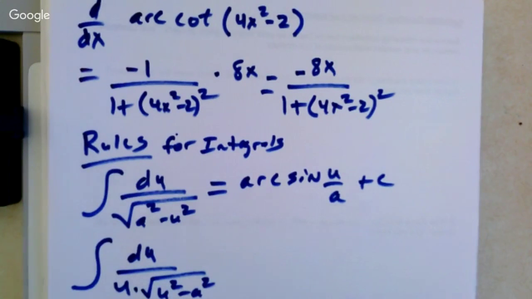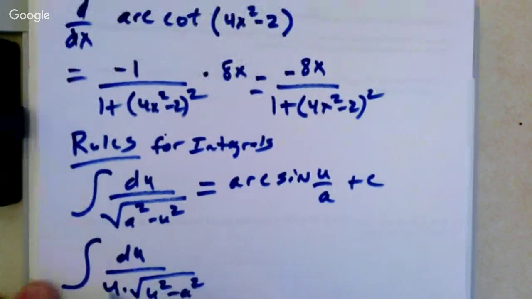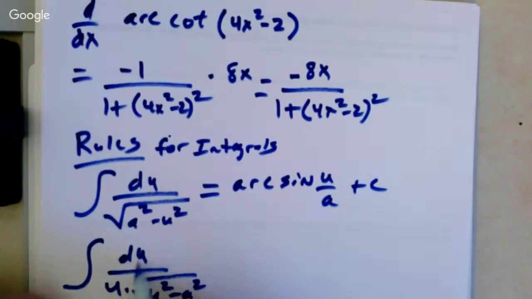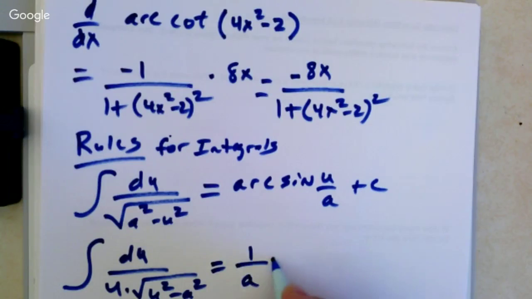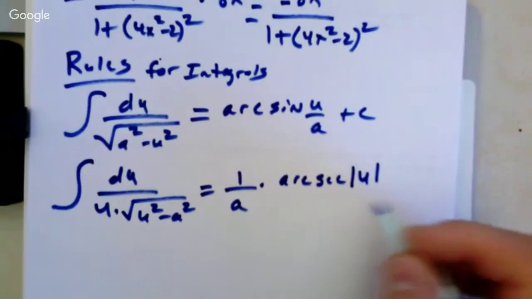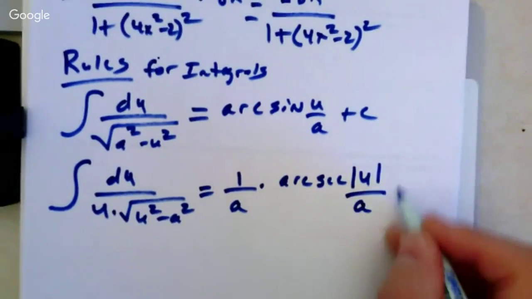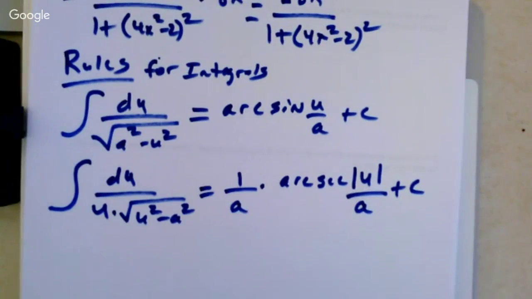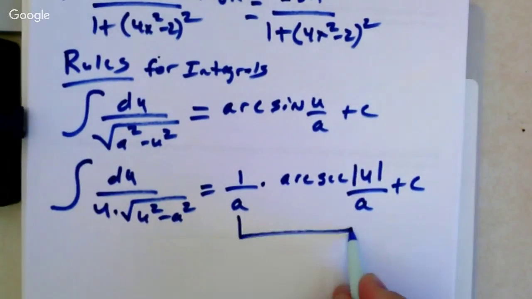I have a feeling it has to do with the level of challenge required for it. But if you have a u times, now notice you've got your function first instead of your function second, du over u times the square root of u squared minus a squared, that's going to give you 1 over a times the arc secant. Remember, when you took the derivative of secant, it had an absolute value. The integral of arc secant is going to have an absolute value too, because it has to stay positive for this to be true. Notice in this one too, a is in the denominator twice of that one.